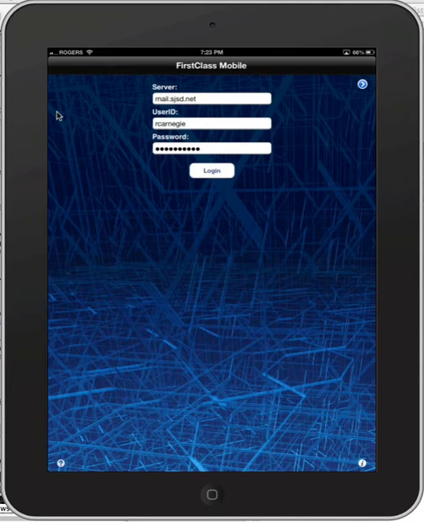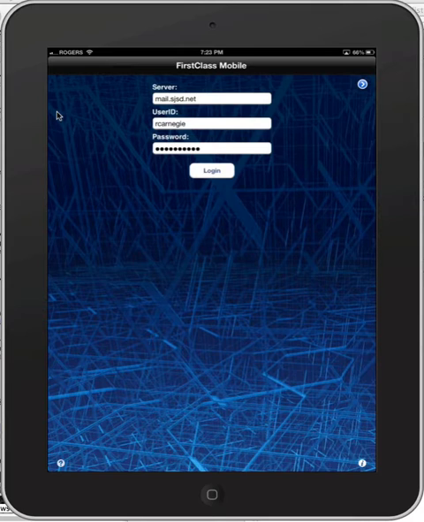All right, this afternoon at the iPhone meetings that we had, one of the things that we had everybody do before they left was to download the First Class mobile app onto their iPhones and configure it so that they could get their iMail or their First Class mail on their devices through the First Class mobile app. I'm going to run through a quick little video here of some of the ins and outs of the